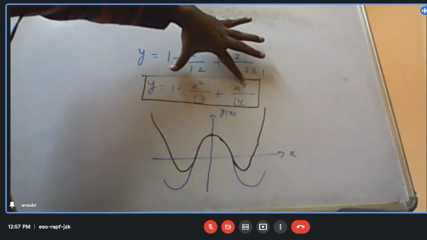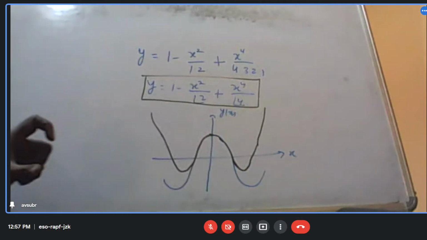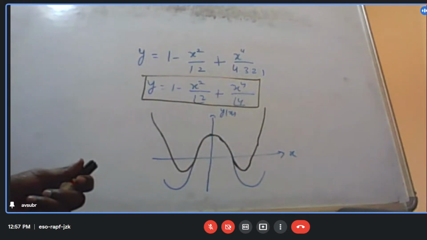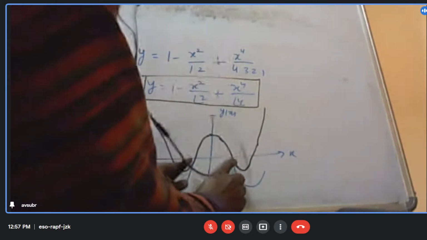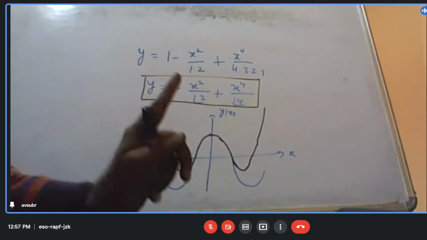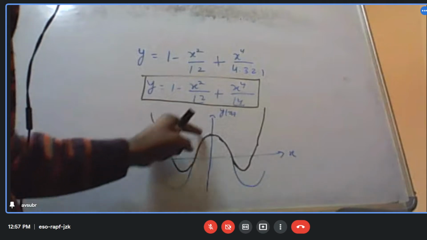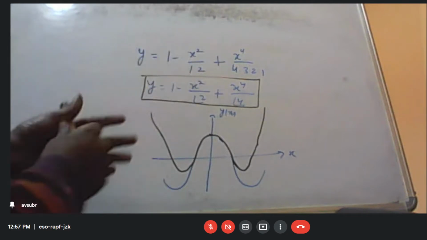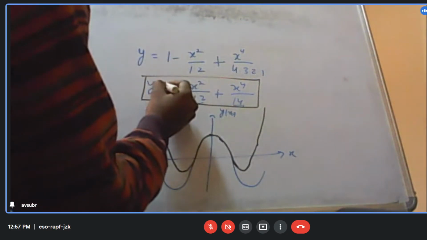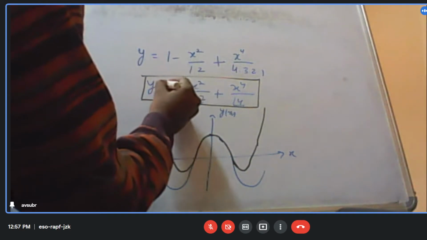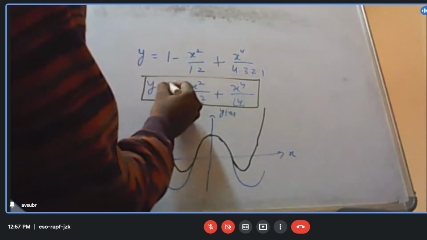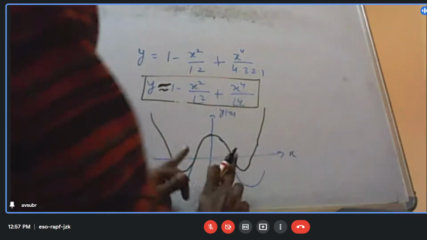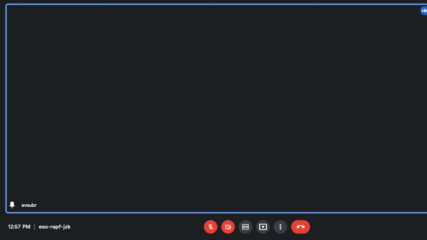Using this particular series, if I want to find out the value of cos x within this range, it will come out accurate because it is accurately describing this curve. So this is an even better approximation. Although the error will be there, this is not going to describe the whole curve, but it can describe up to a further distance.